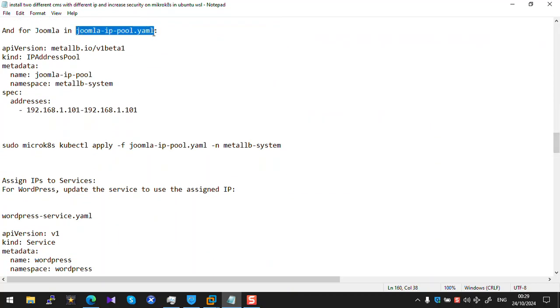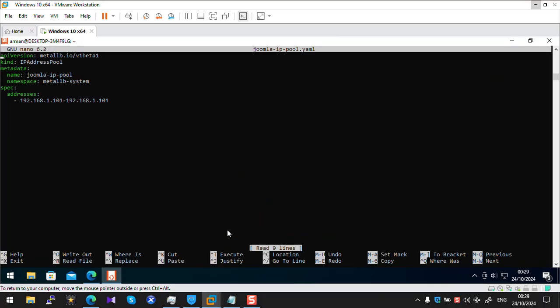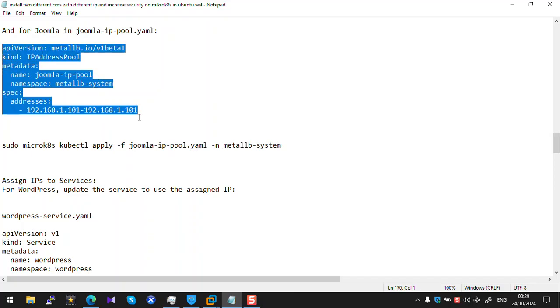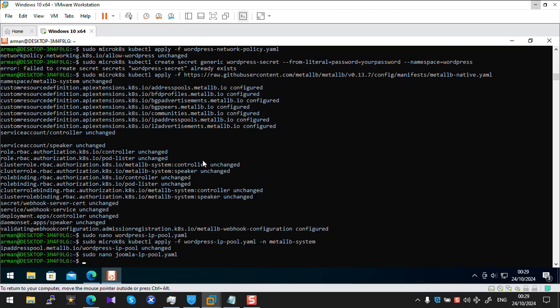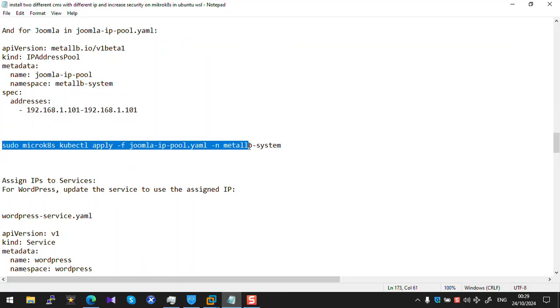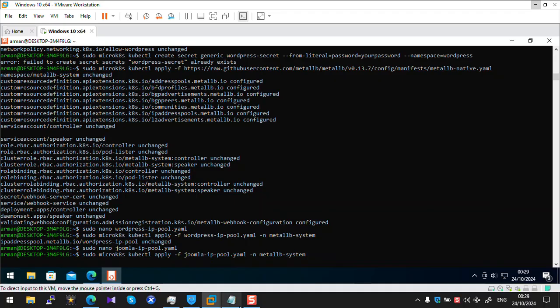and for Joomla, create this file and copy this script with this range of IP here and save, and apply the Joomla IP pool script with this command and